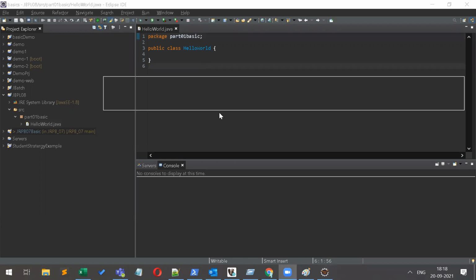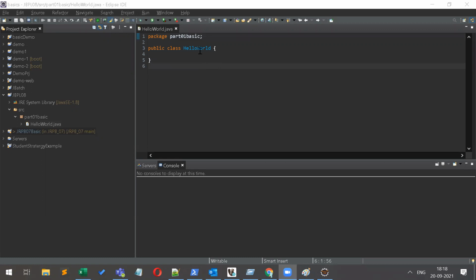So you have created a class. Basically this is your package, the package name which we have created, and this is your first class. Inside the class you have to write a method: public static, this is the syntax of the main method.